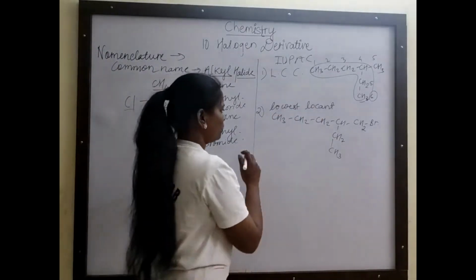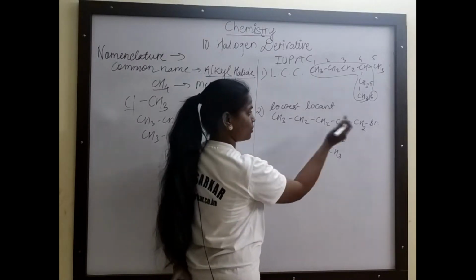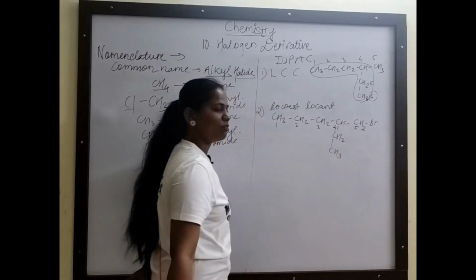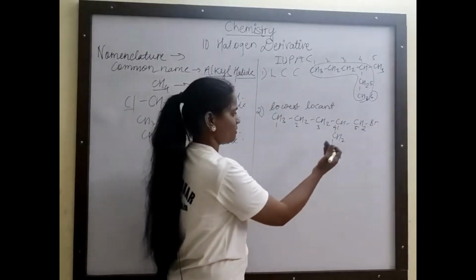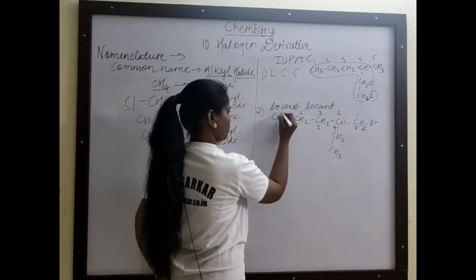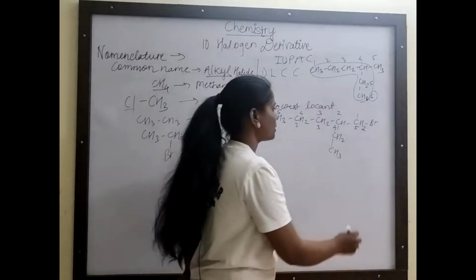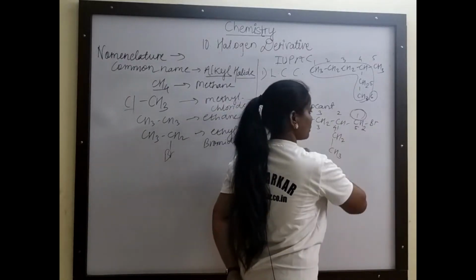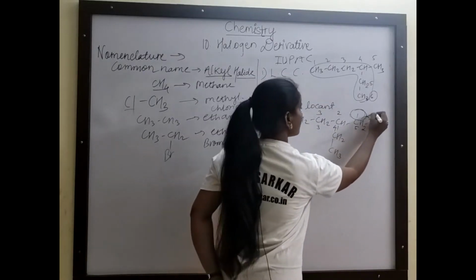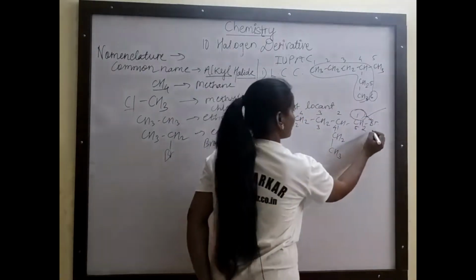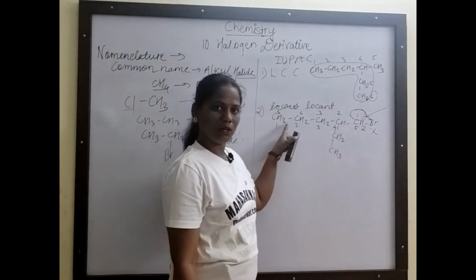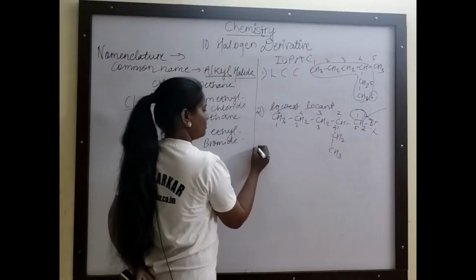number. So suppose I give numbers from left to right, then it will be 1, 2, 3, 4, and this one will be the 5. And suppose I move from the right to left, then it will get 1, 2, 3, 4, and this one will be the 5. So which one is the lowest locant? So this is the lowest locant to the bromine. So we have to use the correct numbering, not instead of this one. Okay. So the correct numbering is this one. It is a wrong numbering. This is about the second one.